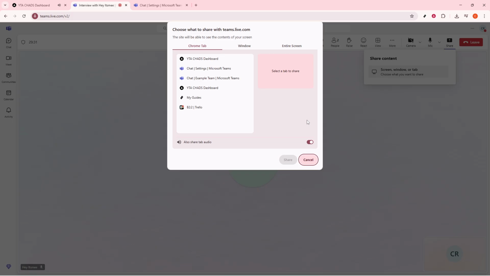By following these steps, you'll be able to use the Microsoft Teams mobile app to share your screen like a pro. Remember, practice makes perfect, so feel free to